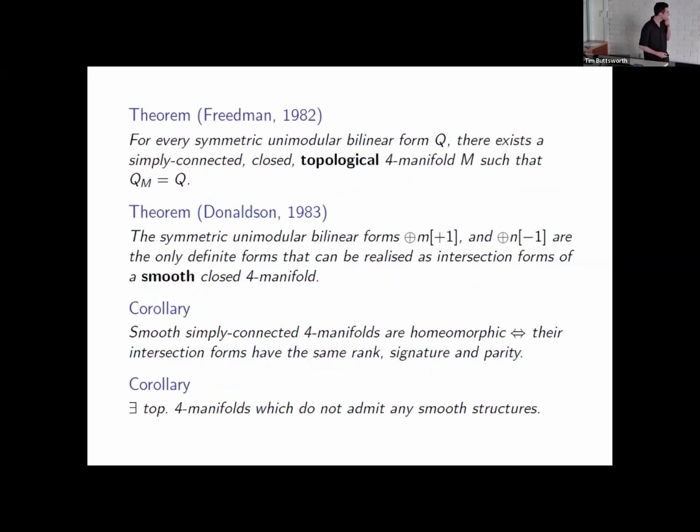And now a corollary of this, putting these two together, and technically there's a thing due to Serre about other indefinite forms, but anyway, putting these two things together, we now actually have that if we restrict our attention to smooth four-manifolds, then smooth simply connected four-manifolds are homeomorphic if and only if their intersection forms are isomorphic. Okay, so now this actually gives us a classification. Another corollary of this is that there exist topological four-manifolds which don't admit any smooth structures,